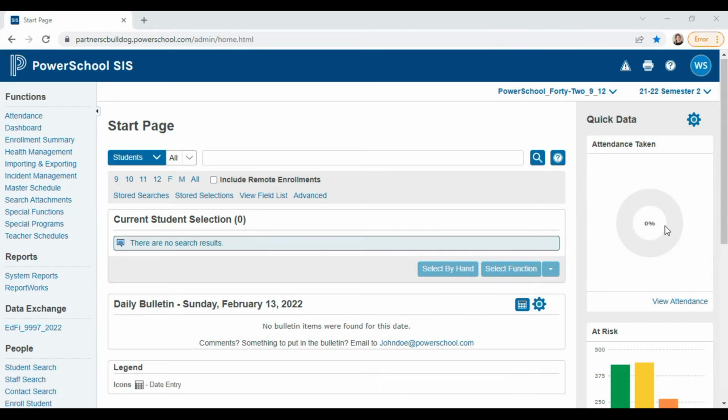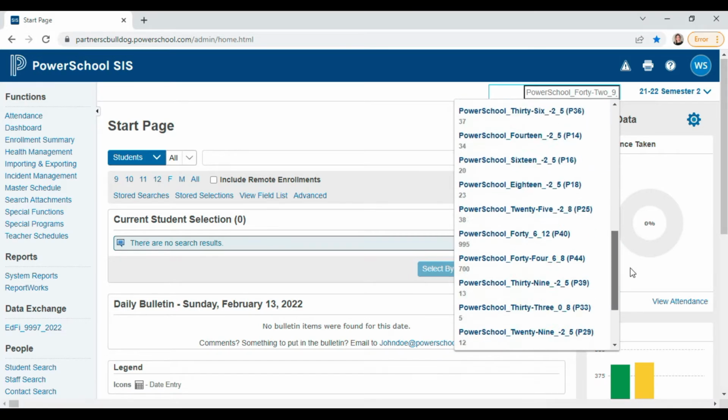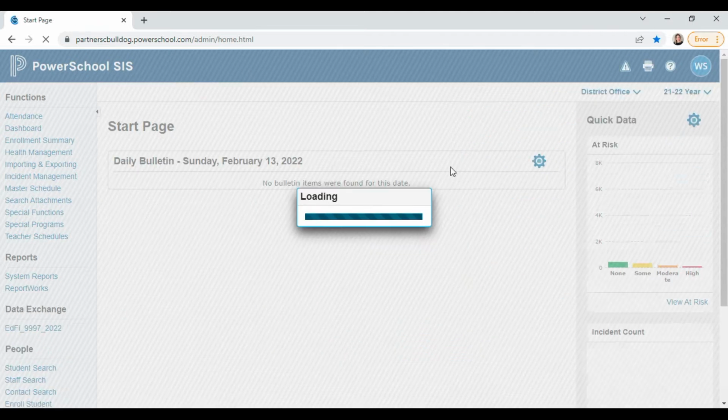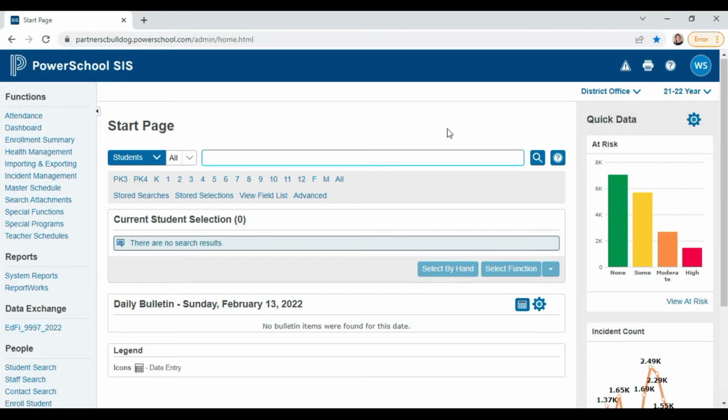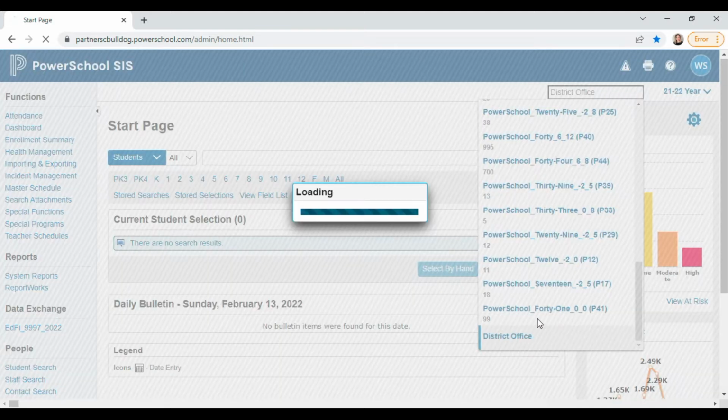In this demo, we're going to enroll a new student. I'm currently logged into PowerSchool, and I can see by glancing up here in the upper right-hand corner that I am operating at a school level. So I'm actually going to change that to begin, because there's one thing that we need to do always before enrolling a new student. I want to start at the district level, and I changed that by clicking on this down arrow and selecting district office.